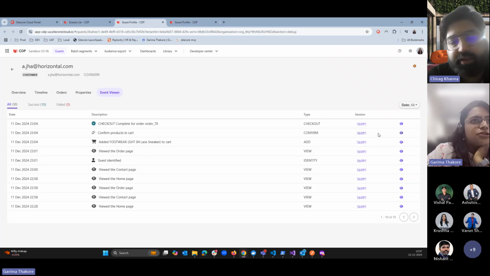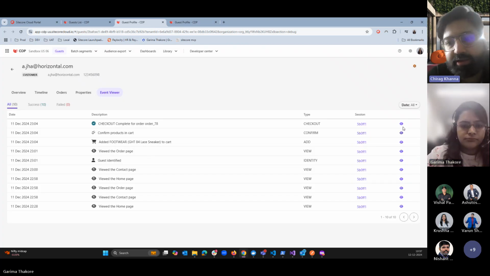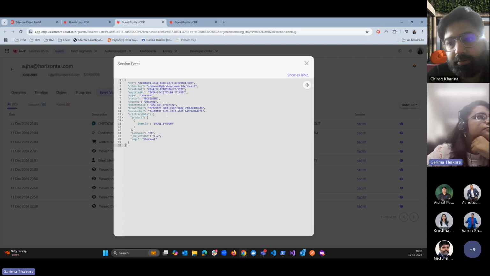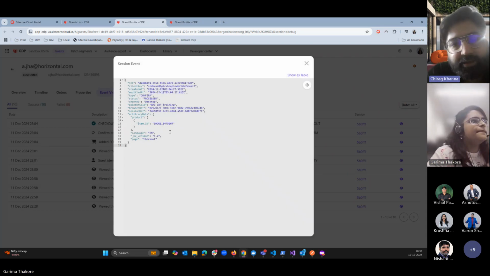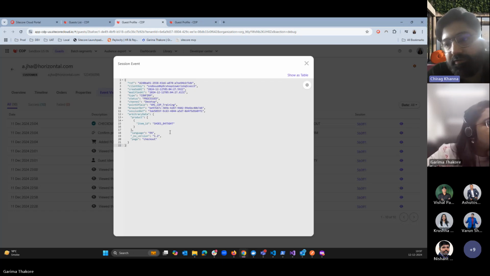And let's check an additional point. So if you go back, Garima, to that one, yeah. Here you see that product is an array. It's an array of objects. So whatever items you add, like if you add 5 items, this checkout event will contain